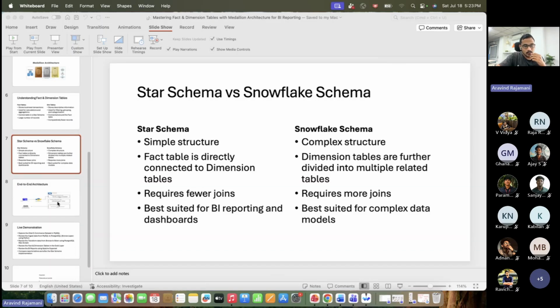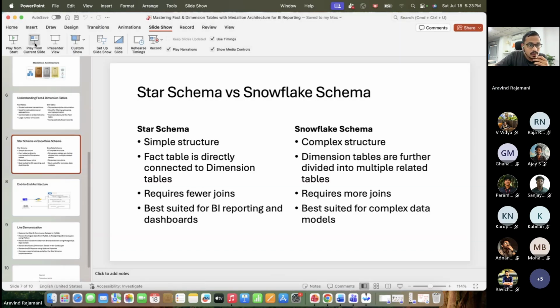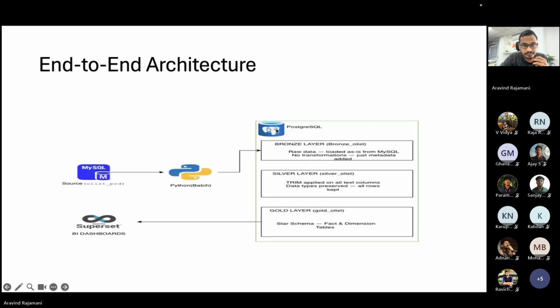So let's go to the end-to-end architecture, what we have done. I downloaded the Olist data set from Kaggle, and I imported the same data set into my local MySQL. We need to consider this as a production DB,